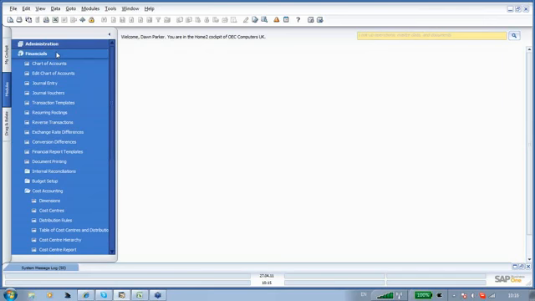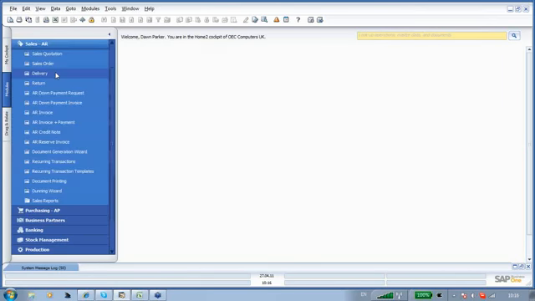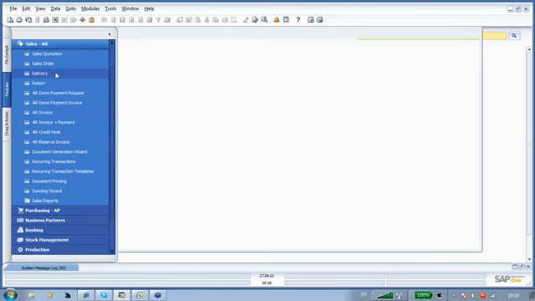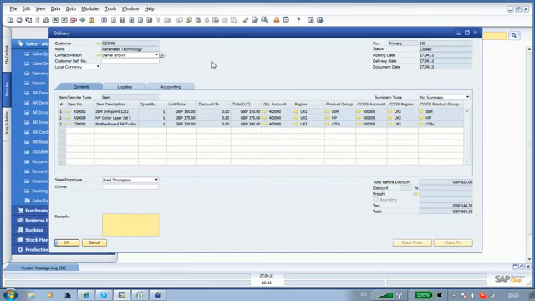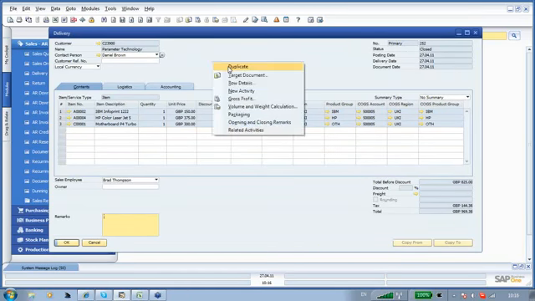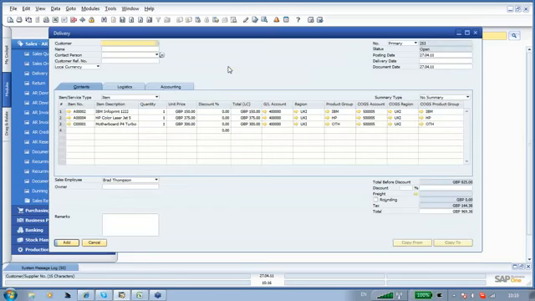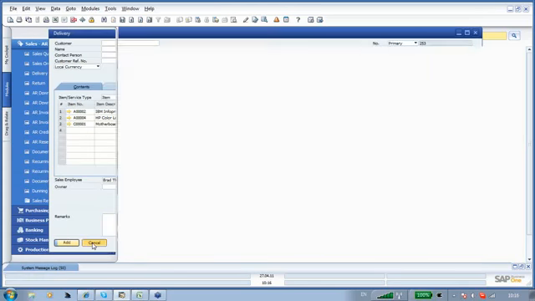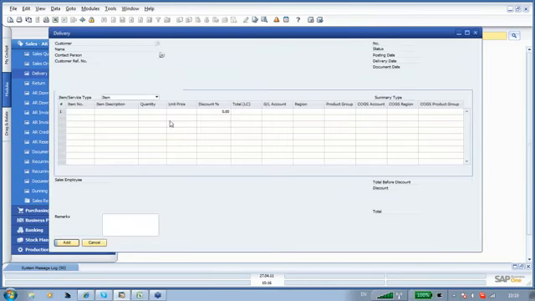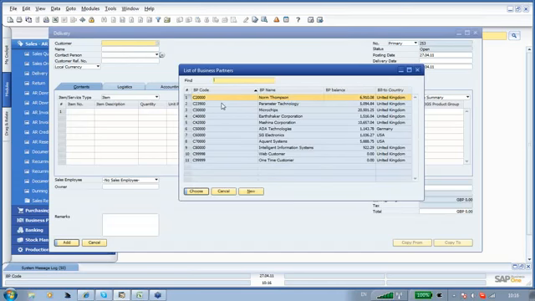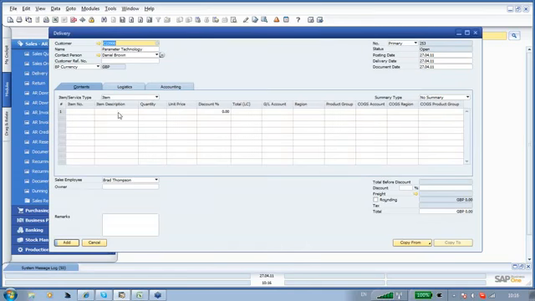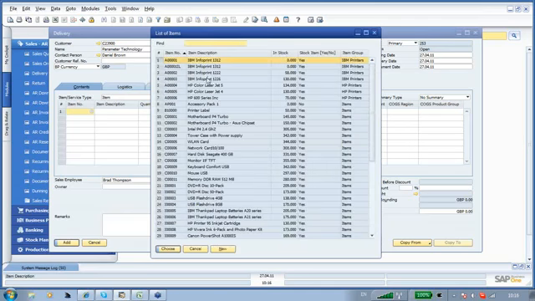Okay, so I'm going to go now into sales, AR, and delivery, and okay, so firstly I'm going to just duplicate this. I'm going to duplicate it, and we're just going to do delivery. Okay, so if I select my customer, and firstly I'm going to pick a UK customer, parameter technology, and then I'm going to select a number of items. So I'm going to pick an IBM product,